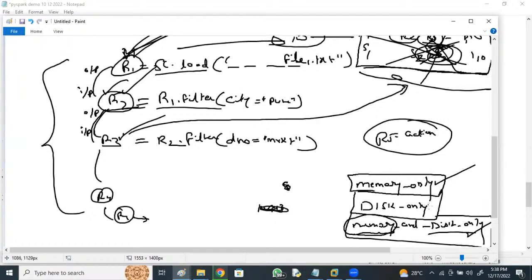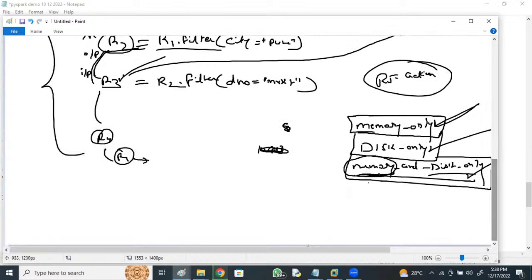Either you totally go for disk, or you go for memory, or I want to make use of the advantage of memory: as I have memory, I want to use memory if available, otherwise go to disk. Memory and disk means, for example, the memory is busy executing another RDD's flow. As of now it is busy, but after some time it may become free once the execution completes. Until that time, you execute it on the disk. Later, once it is free, shift it again to memory and execute. That is what happens here. If you directly give disk only, everything happens on the disk only. So I said Spark is 10 times faster